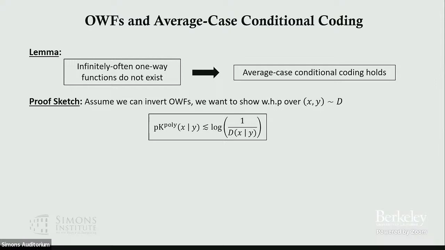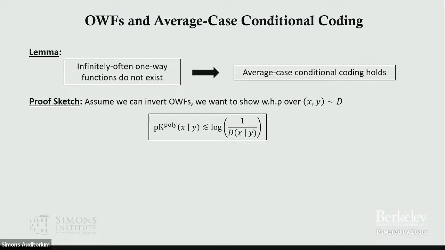We want to show that with high probability over a pair x and y sampled from distribution D, conditional coding holds for x and y, which means what is written here. And remember earlier, we talked about using the original coding theorem for rKt to show a conditional coding theorem. The reason it didn't work was that the coding theorem can only be applied to efficiently sampleable distributions. But here we are dealing with the conditional probability distribution of D, conditioning on some string y. And then the conditional distribution may not be polynomial sampleable, even though D itself